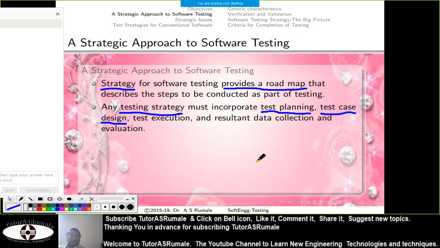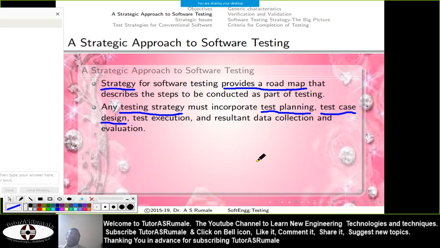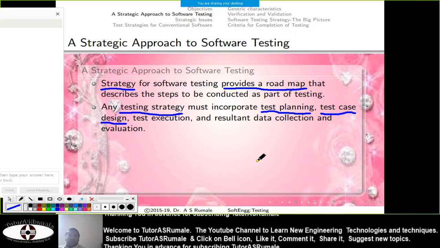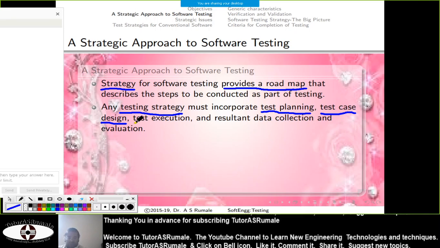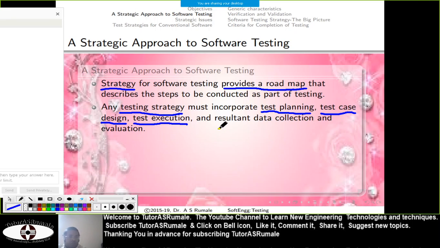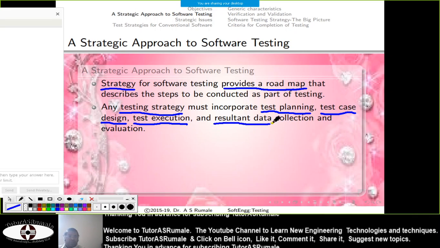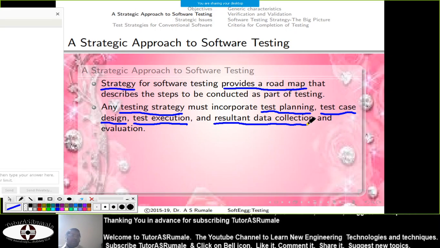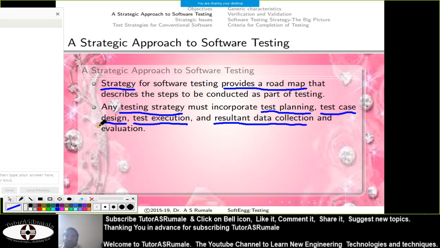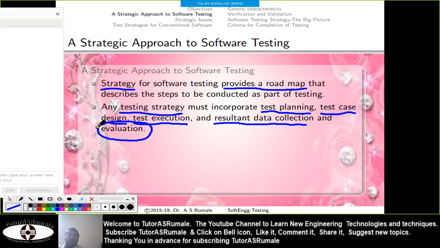Then once the test cases are identified, you have to come up with a proper way, and that is what we call test execution. You have to execute the test, yes or no. Whatever resultant data you get, you require to collect for analysis, because that analysis is going to give you the evaluation, the final part of your test.